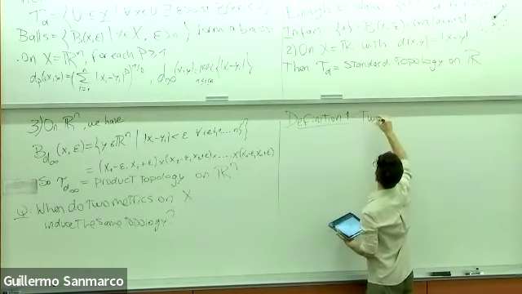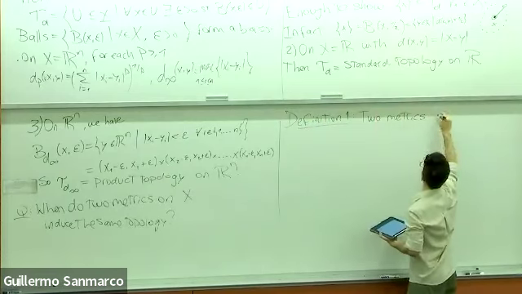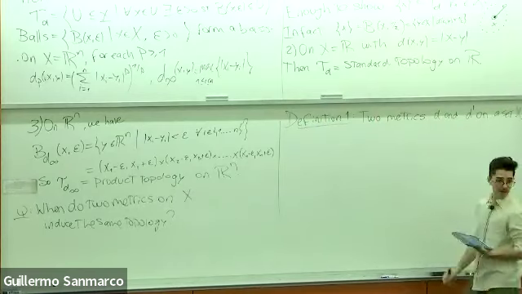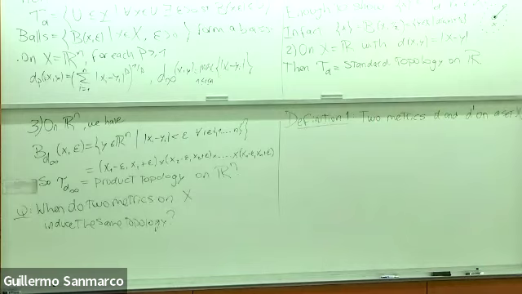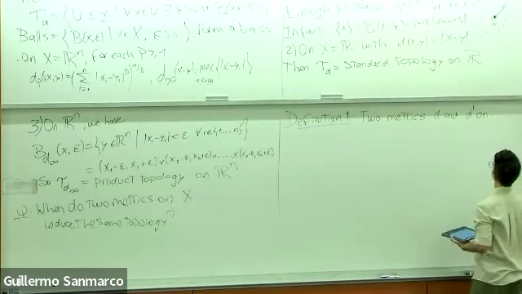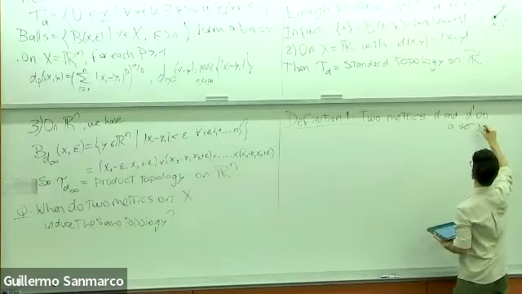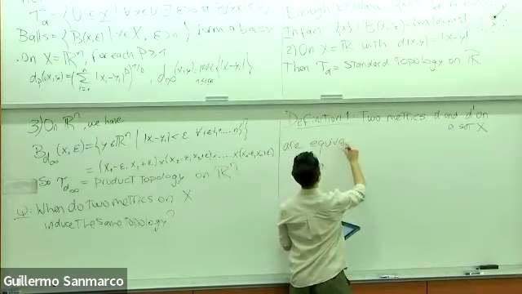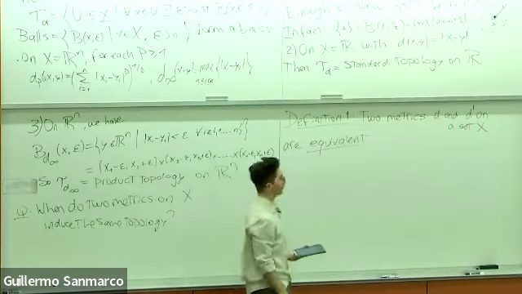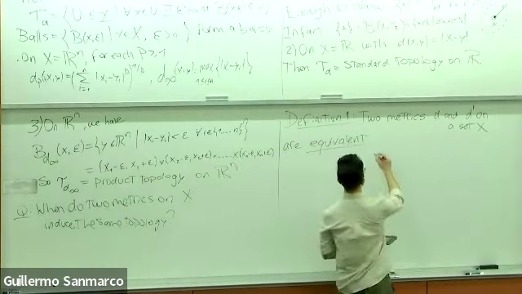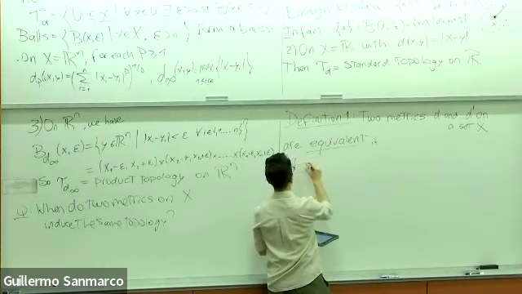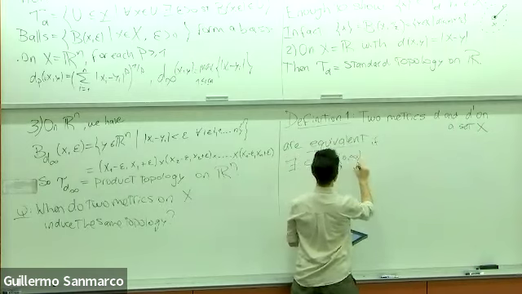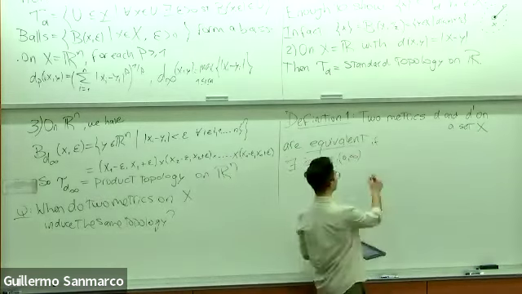So let's take two metrics, let's call them D and D prime, on the same set, a set called X. So two metrics on a set X are called equivalent, this is what I'm defining, if there exist two constants, C and C prime, in the open interval of the real numbers, such that